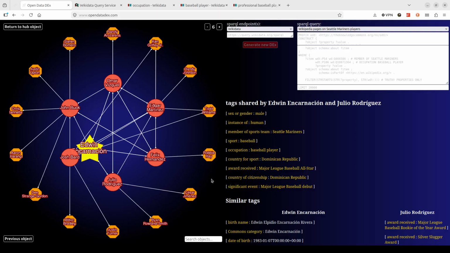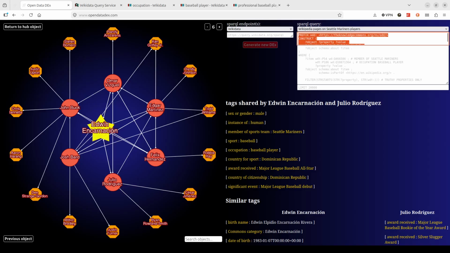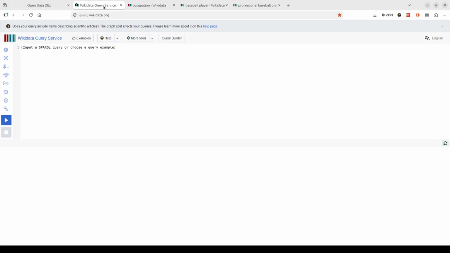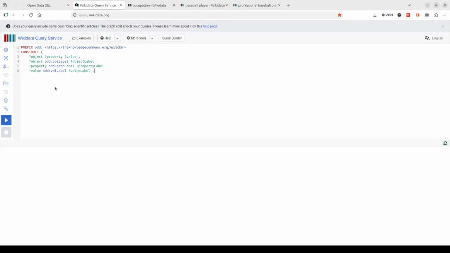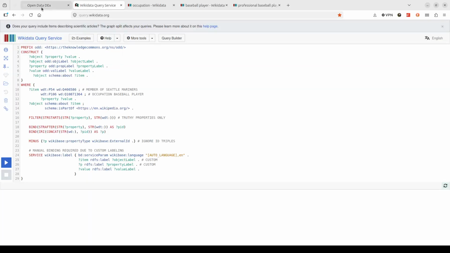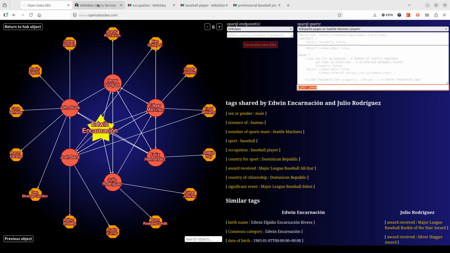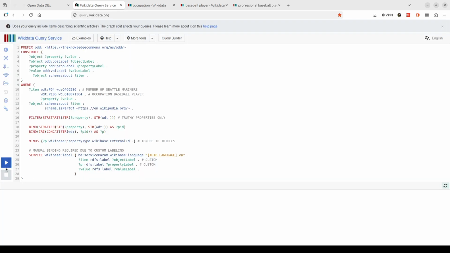Okay, well, we could keep going through this data. It's super interesting, but let's focus on the query now, and especially look at that Alex Rodriguez issue. So what I like to do is take this query and put it directly into Wikidata's query service interface, query.wikidata.org. Oh, I didn't copy. And actually we can just leave the limit off.